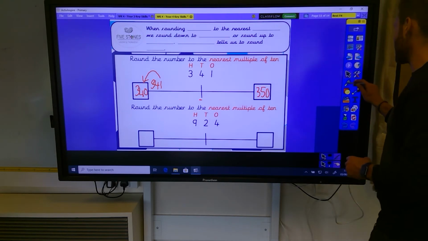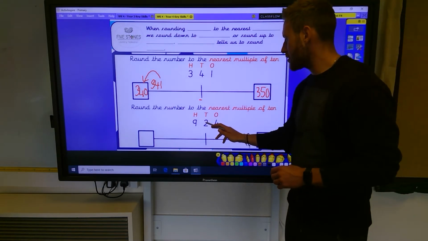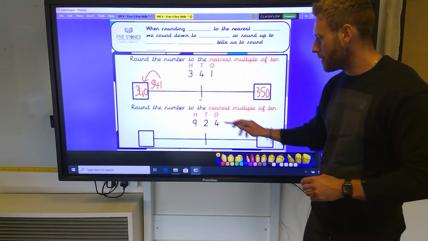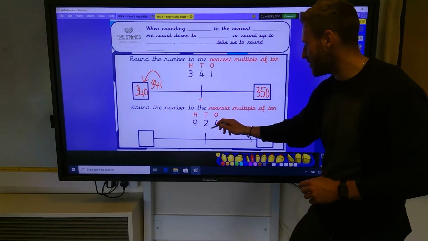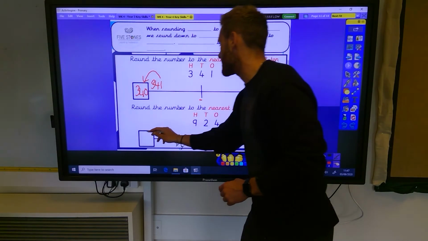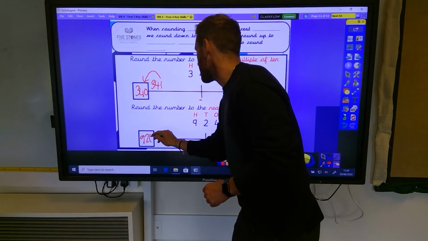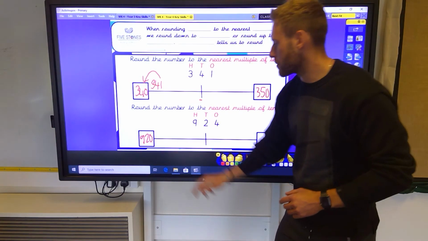Right, we're back in. Let's have a little look. So we've got 924. How many tens have we got? Yes, we've got 92 tens if you look. 92 tens, 920. So we've got 920 there. The next 10 would be 920,